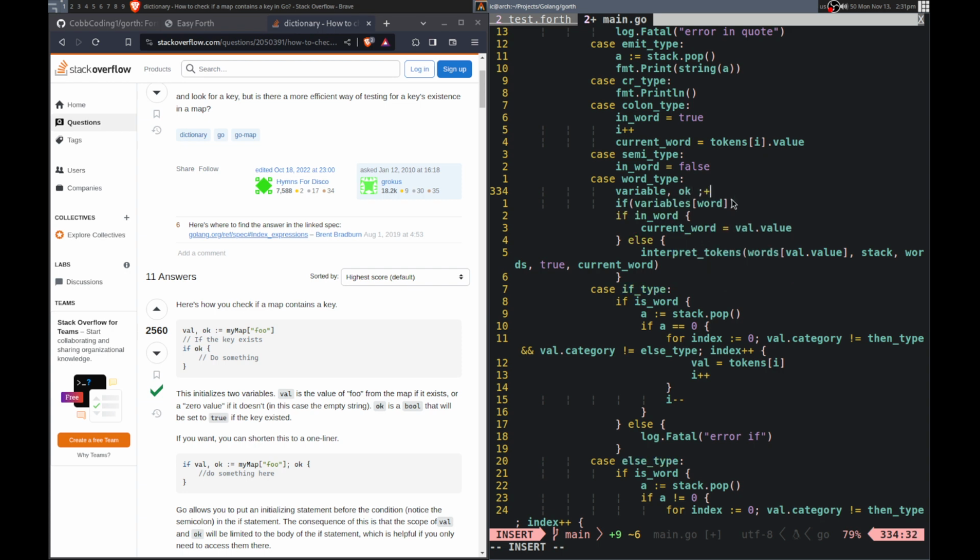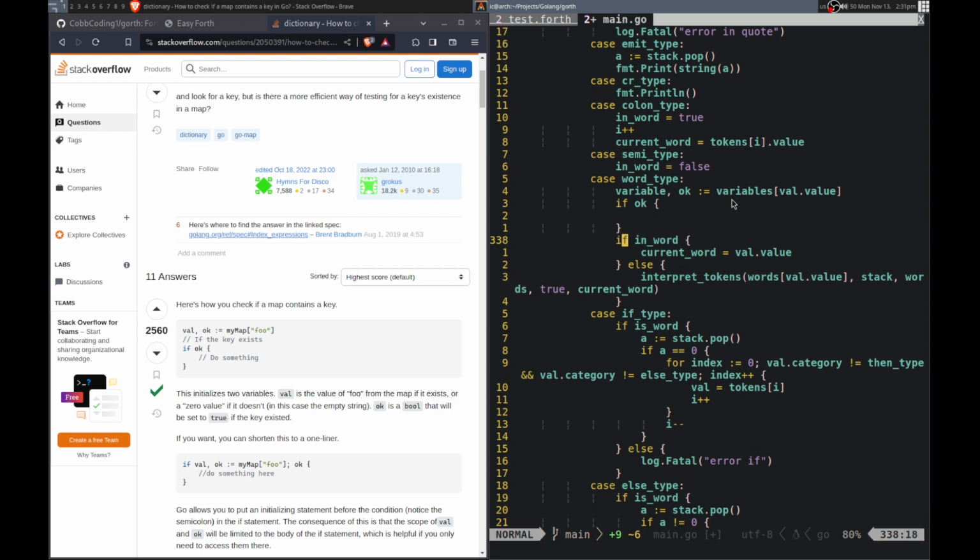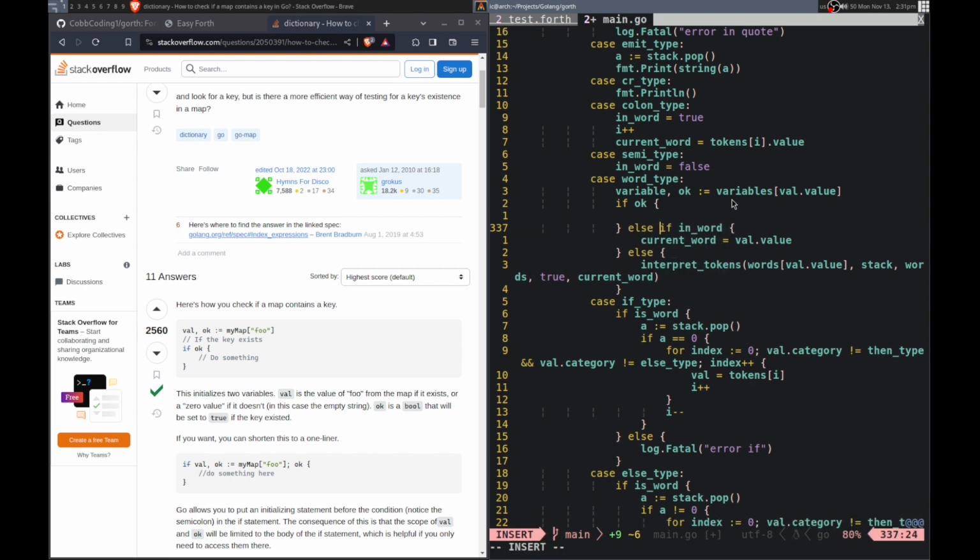So it's like the opposite of an error. Equals variables and then val.value. Then if okay, then we'll do this. Else if we want to treat it like this stuff. Else if that's so, this means we got it. So then we will just push to the top of the stack. So stack.push. Basically